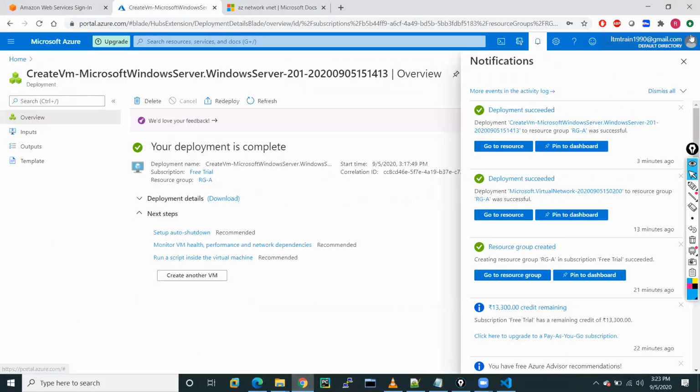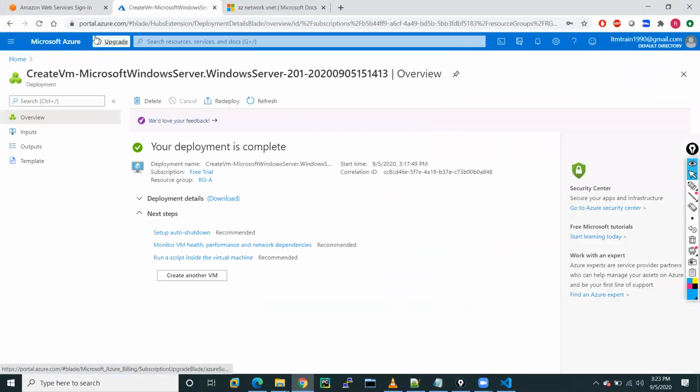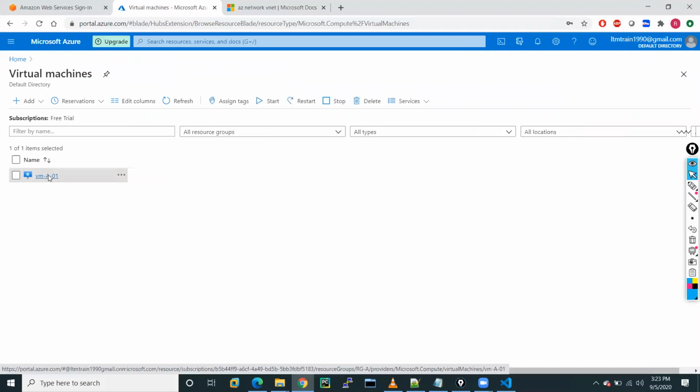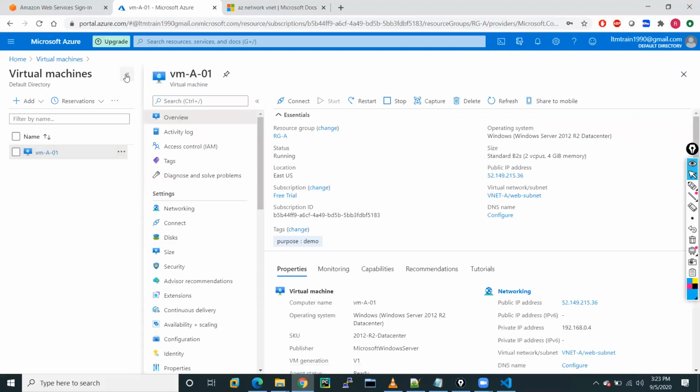So the VM is also deployed. Let me go into my virtual machine. Azure portal is a little bit slow in comparison to AWS. But I like Azure portal because in AWS there is a huge confusion. You can just click on your VM here and you will get all the details.